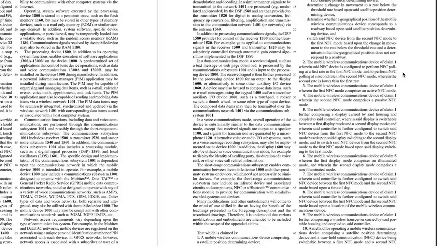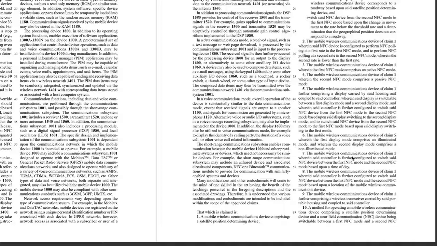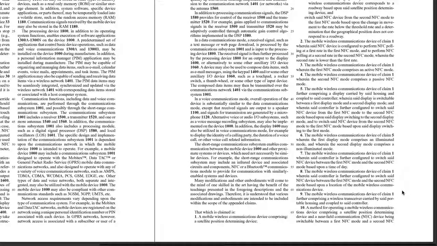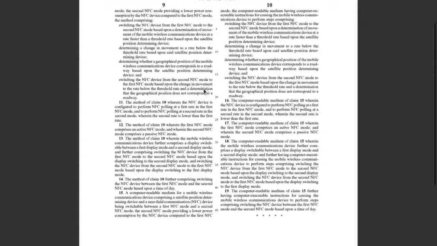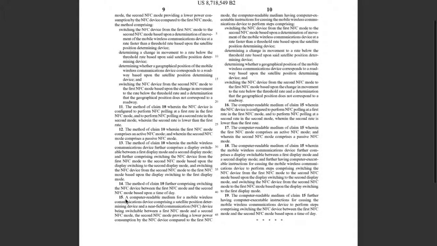Another way to think of this is it could be written as its own standalone independent claim where you just block copied everything from claim 1 and then added all the rest of this stuff onto it. But this is an easier and more shorthand way to write it, which is the preferred way to do it. So we have these dependent claims that hang off of the independent claims in the application. You'll see our next independent claim is claim 10, which is directed to a method for operating a mobile wireless communications device. And then we also have one final independent claim, which is claim 15, directed to a computer readable